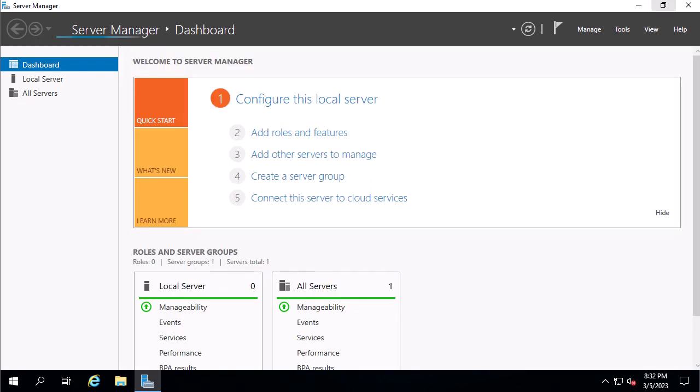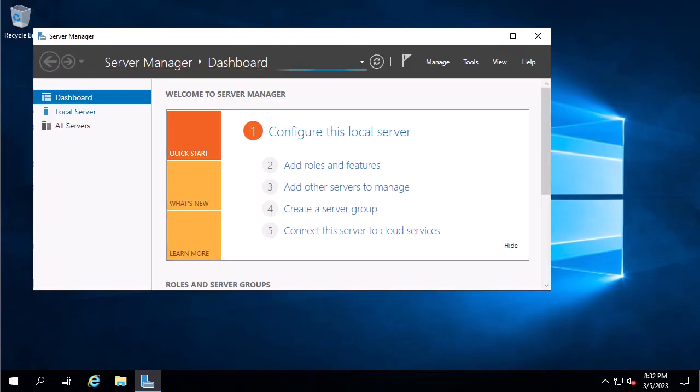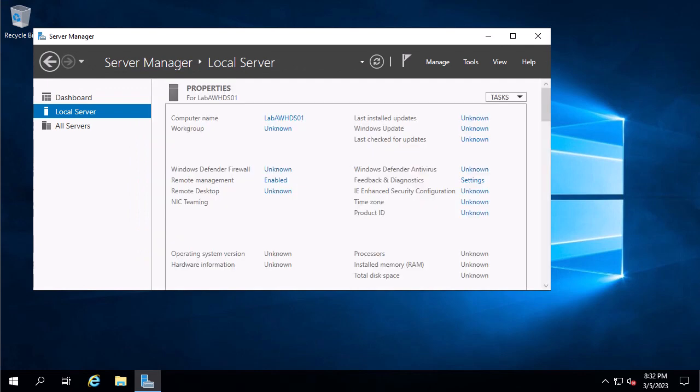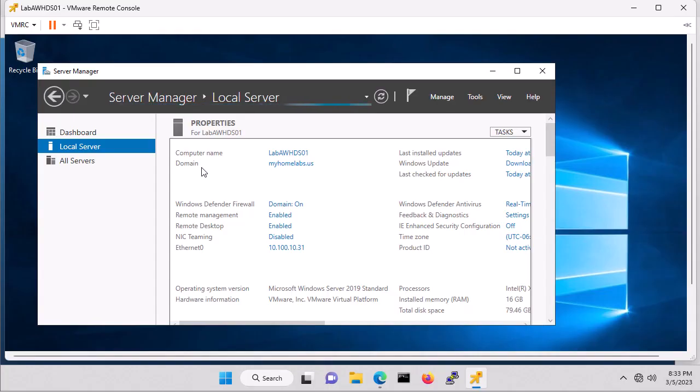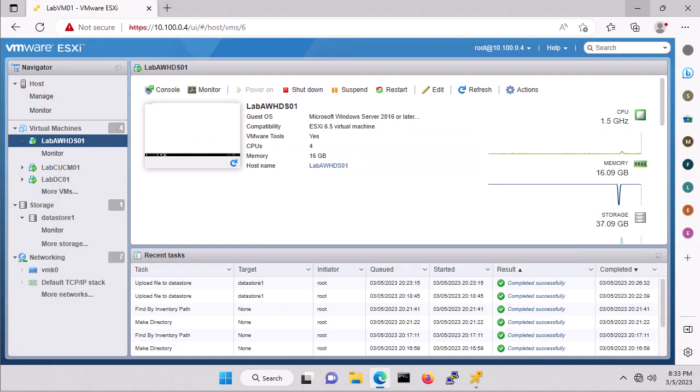Okay. Local server. Now you can see it's showing domain myhomelabs.us. So I need to jump back over to VMware. Make sure we're in lab